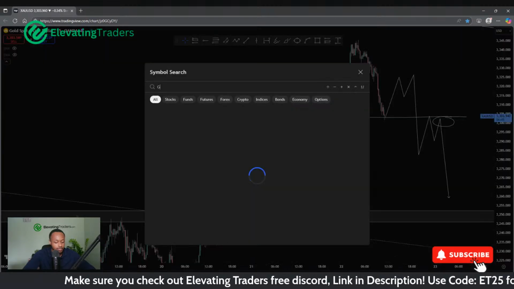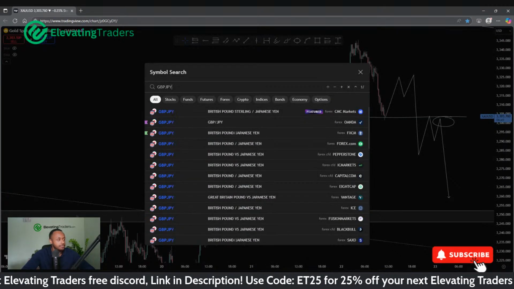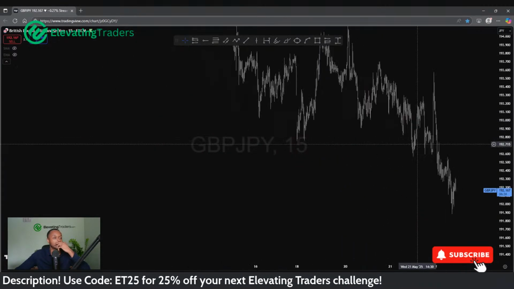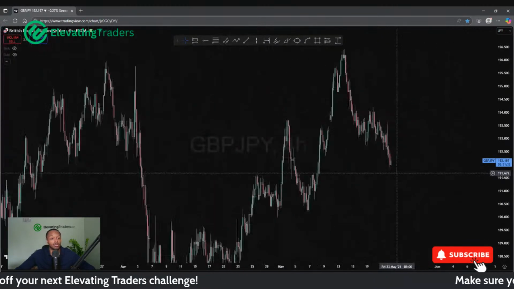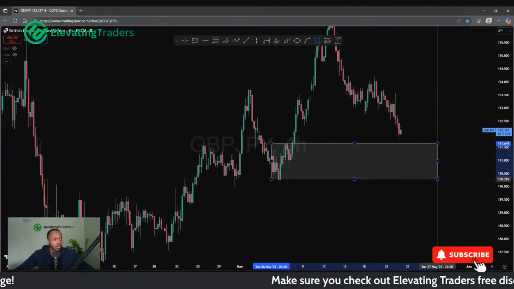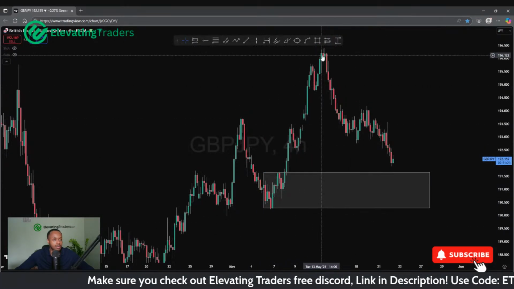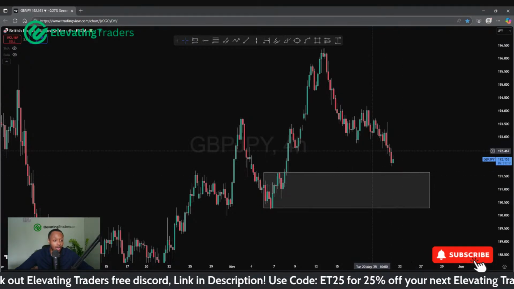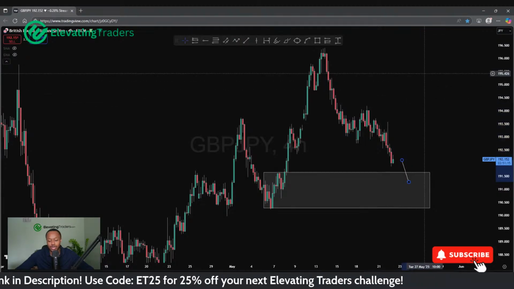In terms of pound yen on the 15, pound yen is still clawing its way to the downside here. I've been looking for this one to bounce. I've been looking for all the yen pairs to bounce. We just haven't seen that. Looks like price is going to be working its way back towards this area. Nice area of demand where we did have a really big rally to the upside. Now it looks like price is working its way back into that support area.